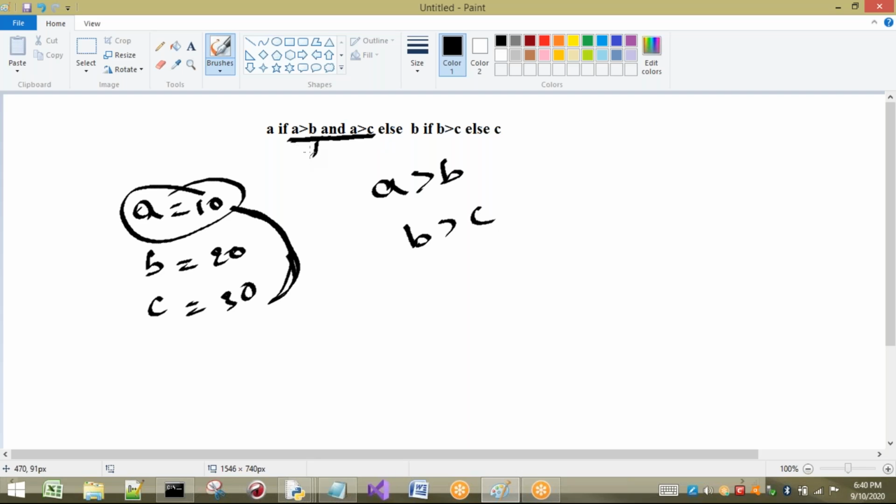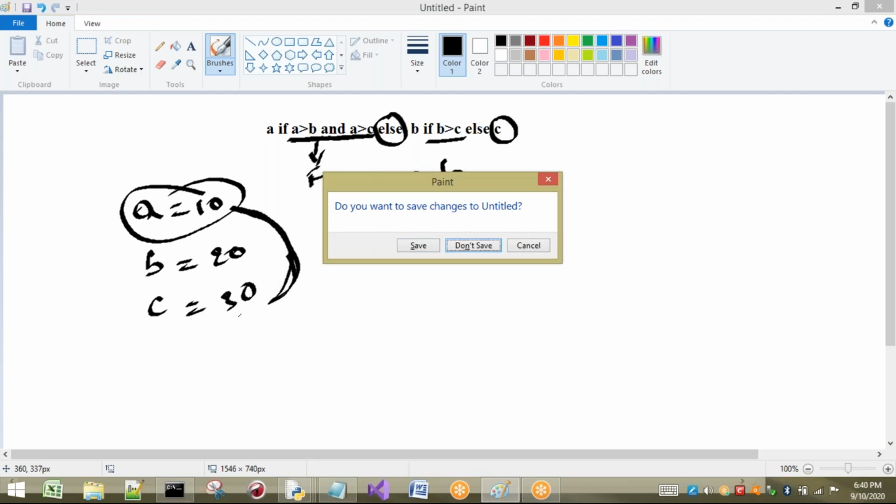So now this is false, then automatically I will go to the else case. Again we have to check this condition now. It will not take this value. Again, some condition is there. So is B greater than C? No. That means it will not select this B. So finally it will print C. So the answer will be C in this case.